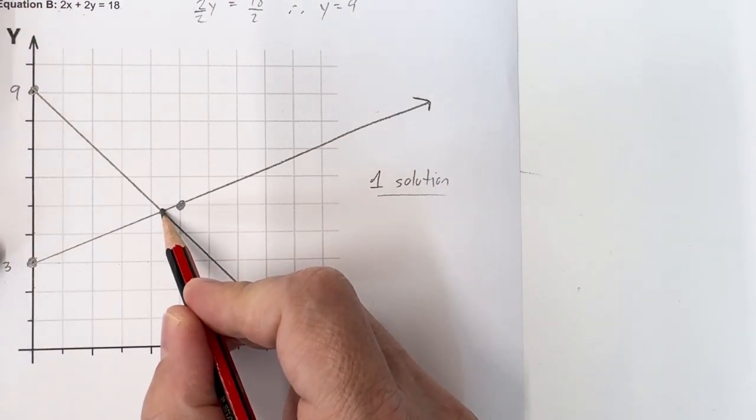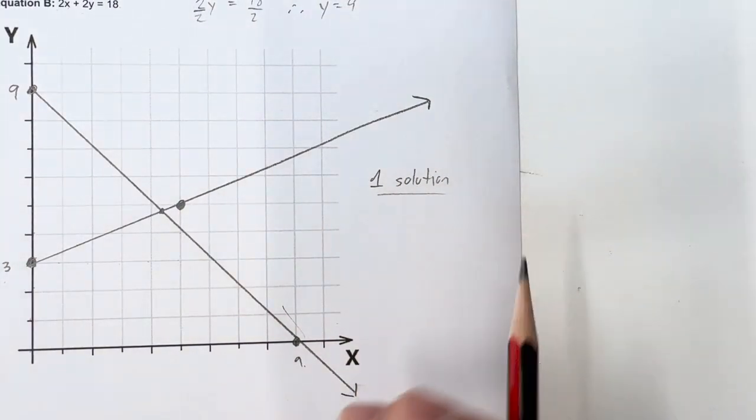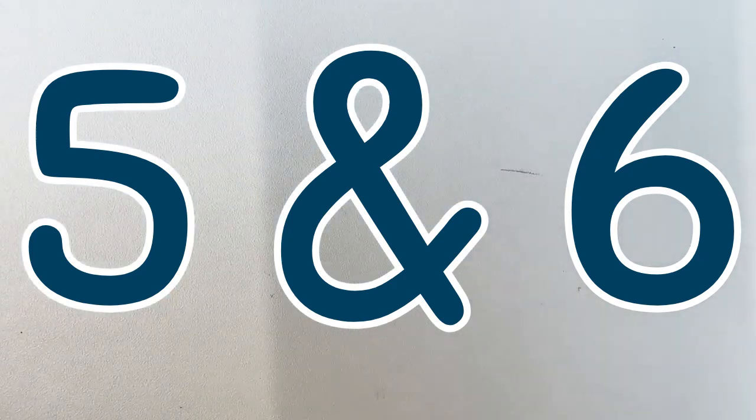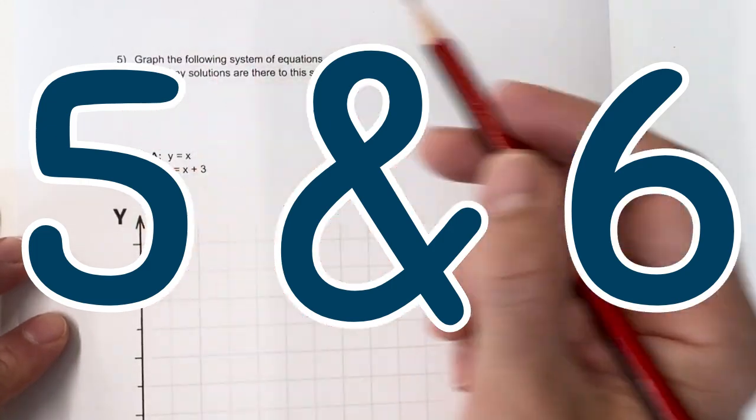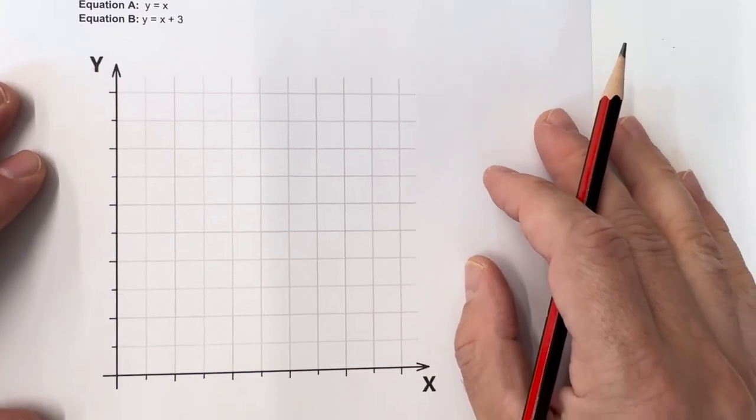It doesn't ask you to find that spot. We'll do that later. So we know there is just one solution. Okay, doing great. Moving on. Question 5 and 6, exact same idea, just 2 different lines. Now this one says,